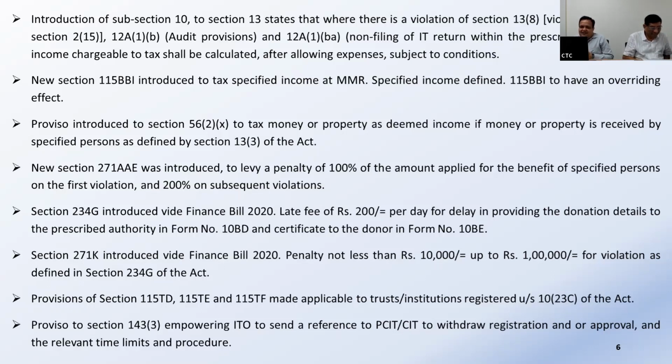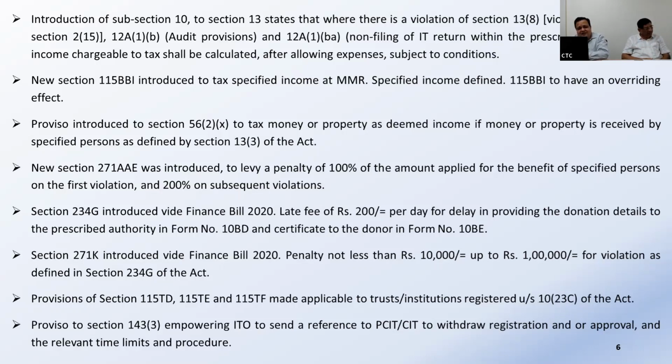Now, the introduction: when there is a violation of the proviso to section 215, violation of the audit provision and violation of the dates of filing returns, in that case also the expenses will be allowed, because earlier it was different. Earlier the entire gross receipts was taxed at maximum marginal rate. So this is one more welcome, beneficial amendment. There were judgments we have accepted; the Supreme Court reverses certain things, and accepts certain things.